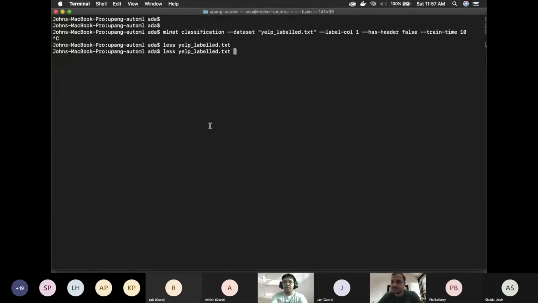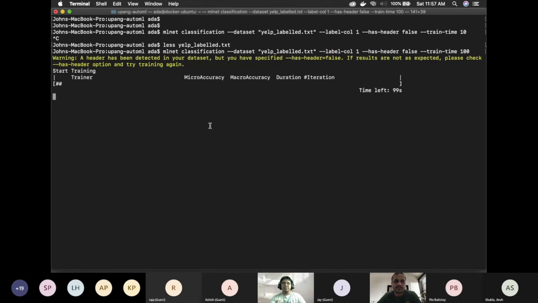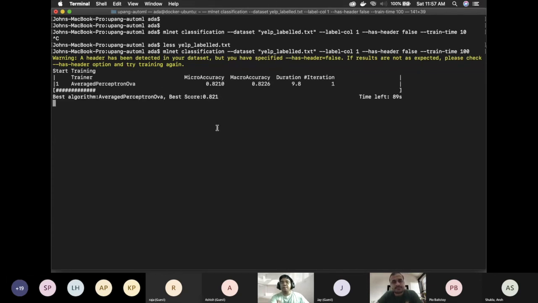So we can train this locally using the ML.NET CLI. We can run this again. Let's set this to 100 just to select better models. Okay, so it will start running. You can see it's already started training, and the algorithms that it selects will pop up.